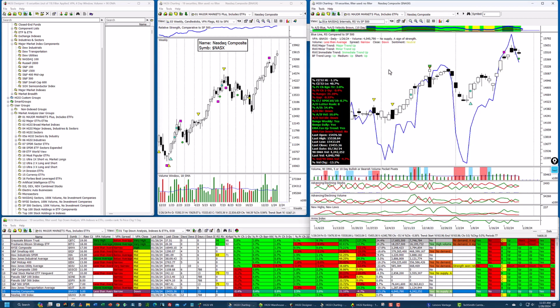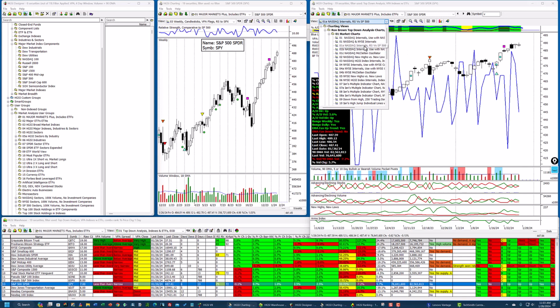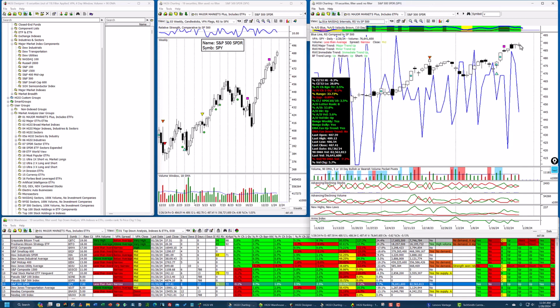Okay, here's the relative strength of the NASDAQ to the S&P 500. You can see that this blue line turned down sharply. This means the S&P 500 is outperforming the NASDAQ, and we know the S&P 500 hit a new high this week. I'm just going to click on the S&P 500, go back up. Well, I don't think I will switch charts after all, but you can see the S&P 500 hit a new high. This came down because it's the NASDAQ internals relative strength versus the S&P 500. Let me go back to that